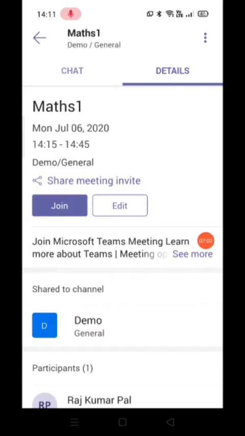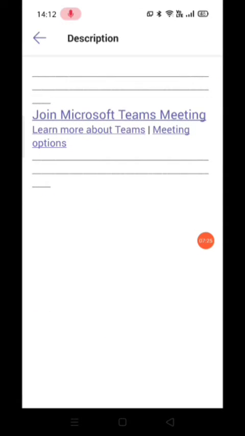Here you need to do one thing, as you were telling me that students are removing me from the meeting. And the second thing is, students can also share their screen in between and disturb you. To prevent these two things, you click on see more, and then click on meeting options.